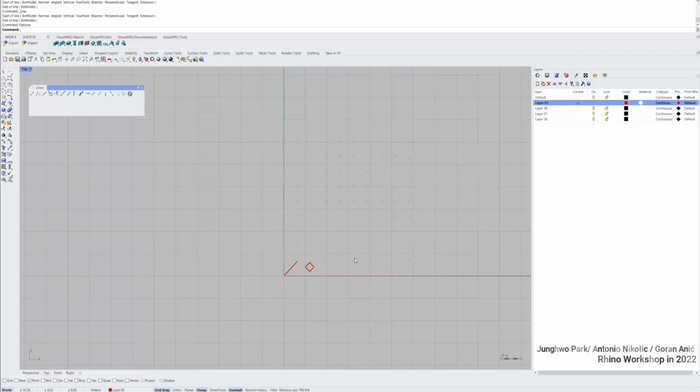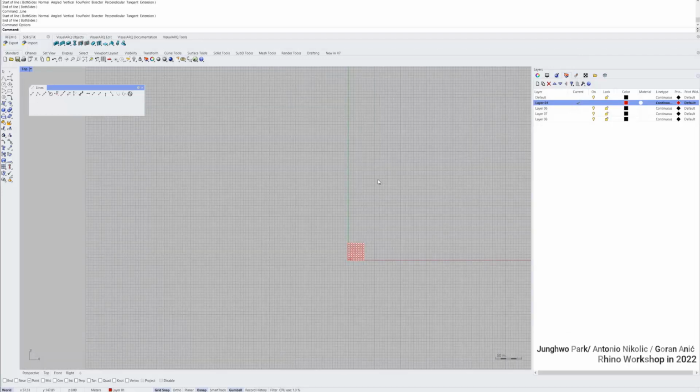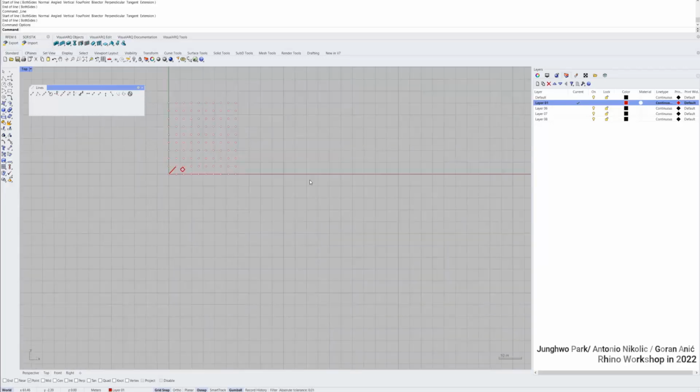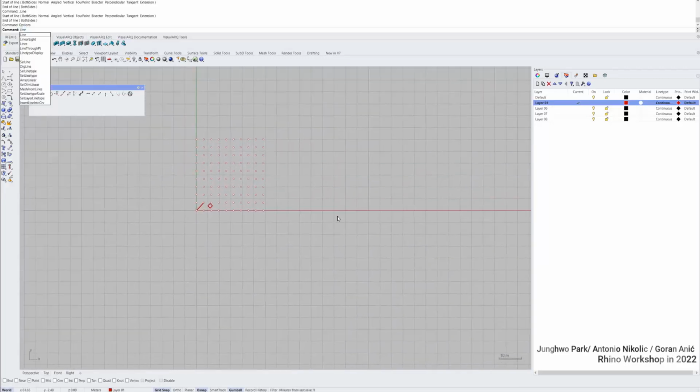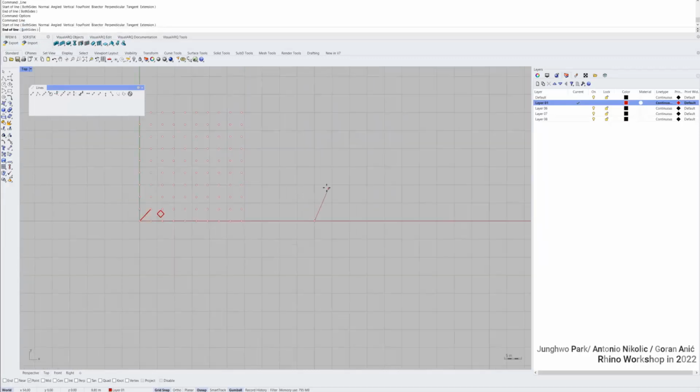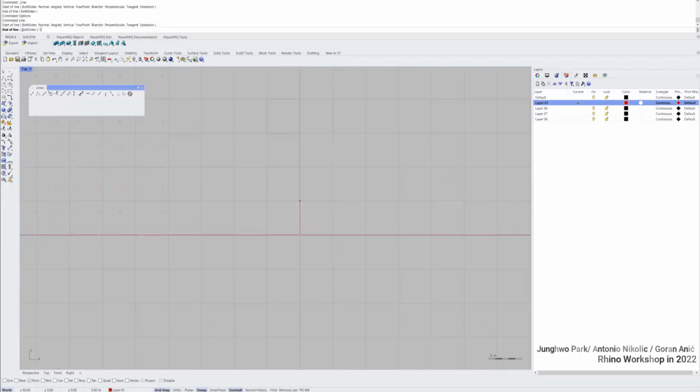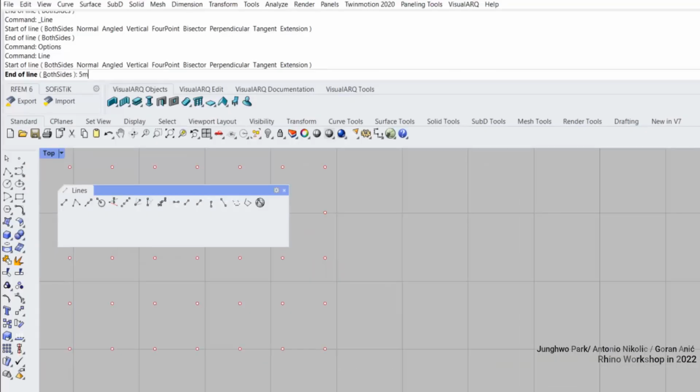So when I hit OK, you clearly see a little bit darker line. This is the major grid, and the space between each individual grid is now 5 meters, and we have like 100 grids. Let me check. If I draw a line now, and I snap to grid, and type 5 meter in my command window here,